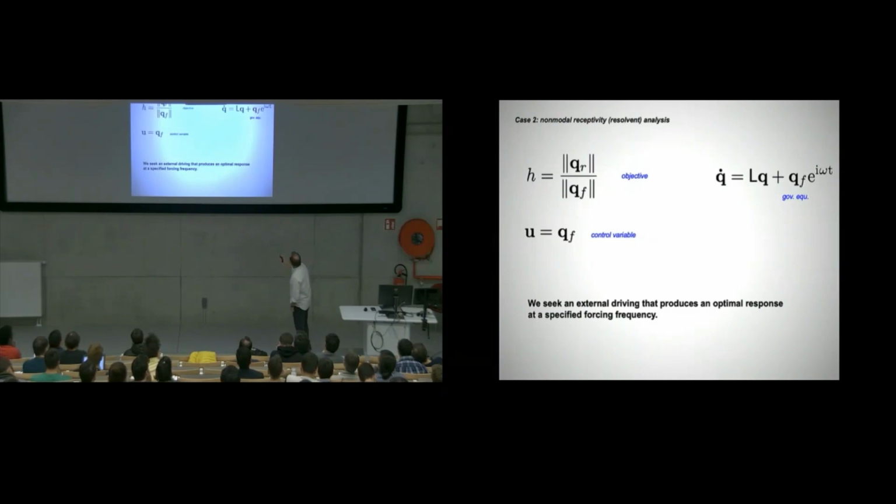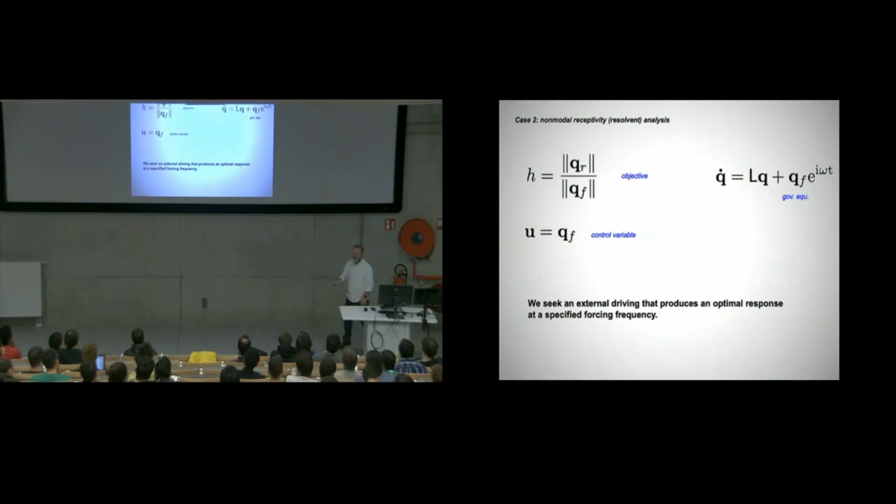So now this is our governing equation, again an LTI system, a linear time invariant system matrix. Now our objective is, okay, I want to play around. My control variable is how I force. And my objective that I measure with is the energy of the response divided by the energy of the forcing. This is the internal amplification of the system, given a certain frequency. The frequency you dial in, that's a parameter, just like before it was the time horizon. Okay? So this is what you have.